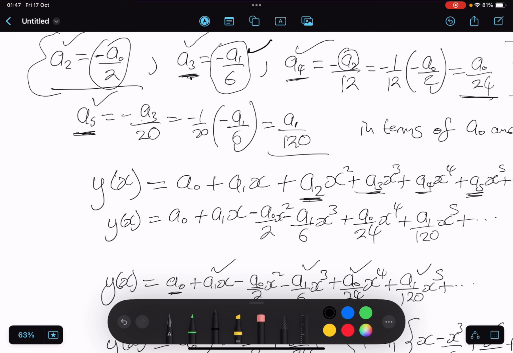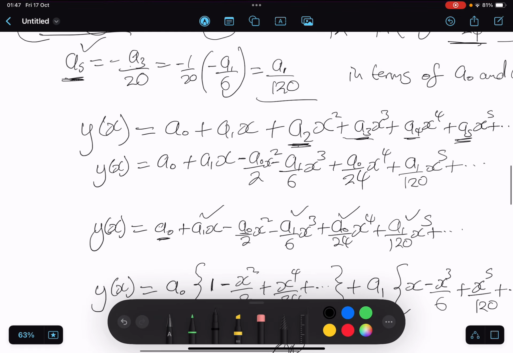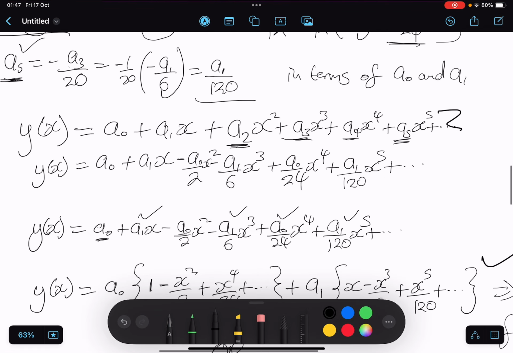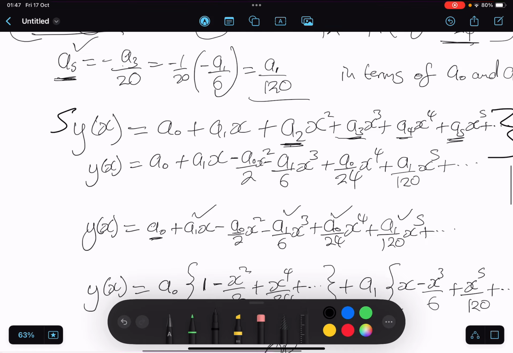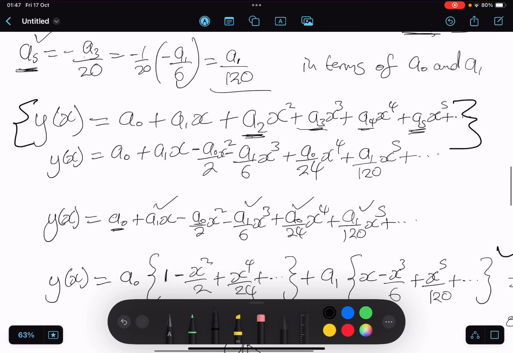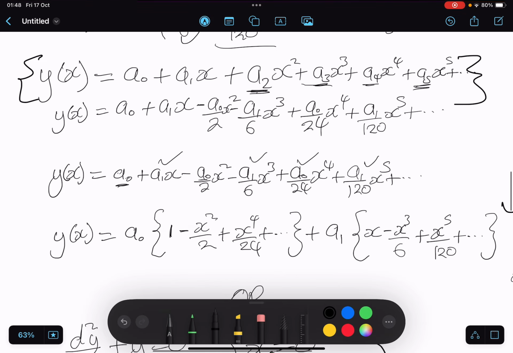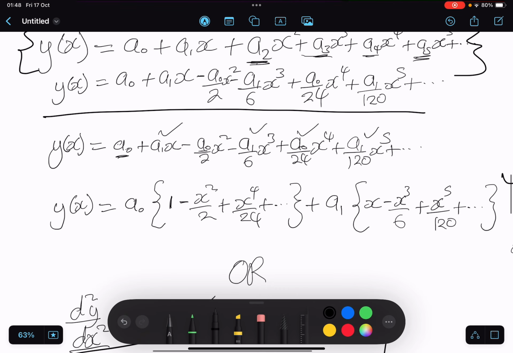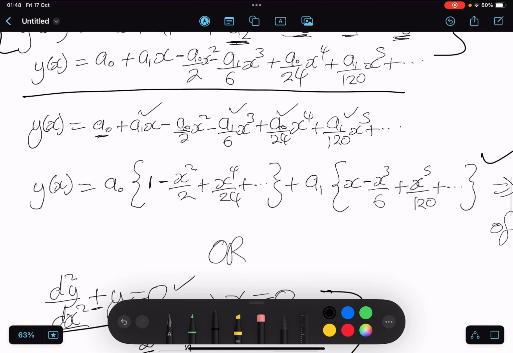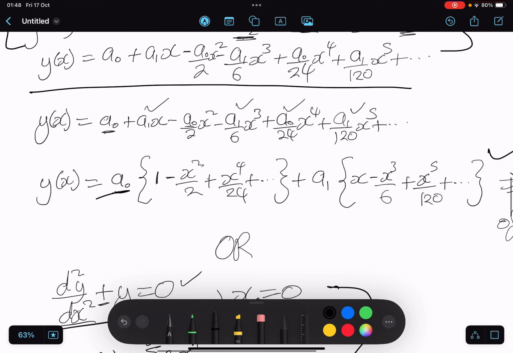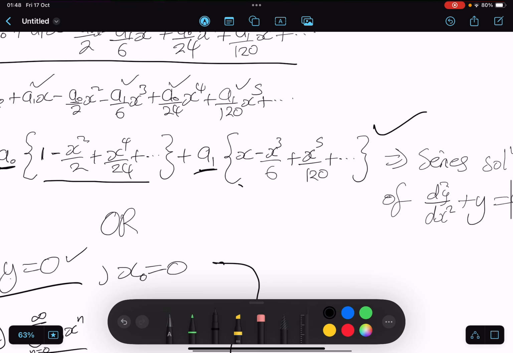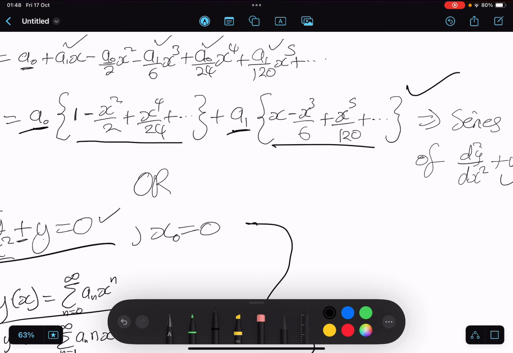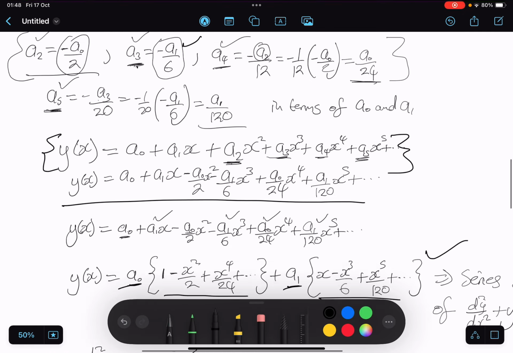Once you get the coefficients with respect to a0 and a1, you come back to the initial series, and then you substitute where there's a2, a3, a4, a5. Then you need to group them. So you factor out a0, you list all the terms for a0, you factor out a1, you list all the terms for a1. So that's your solution for this